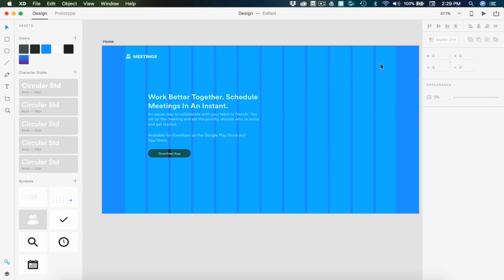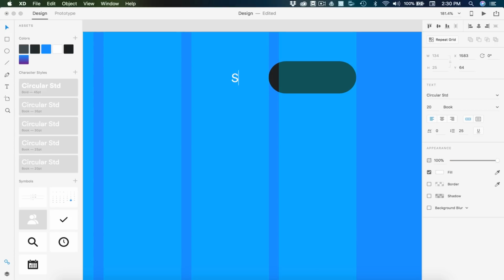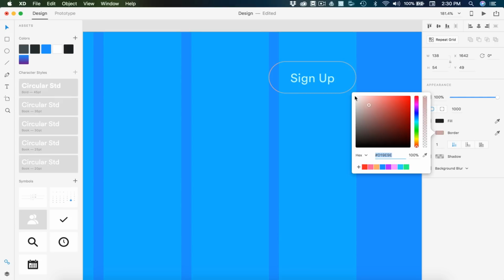So now we're going to need a sign up button here in the corner, and I'm going to select this download app and its rectangle and copy that, holding Alt up to the top here. The width of our rectangle is going to go right here, which is touching the second column. The text is going to say sign up. I'm going to align that center and then center it up with our rectangle. Reposition the rectangle. And this, we're going to be removing the black fill and applying a white border with a